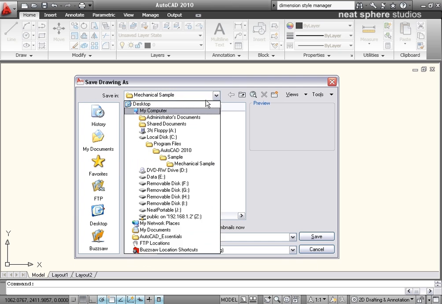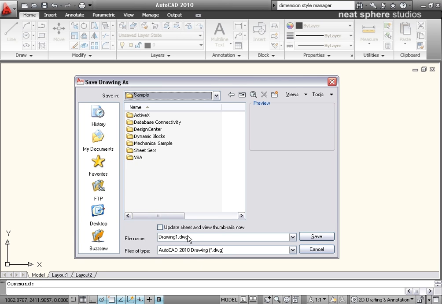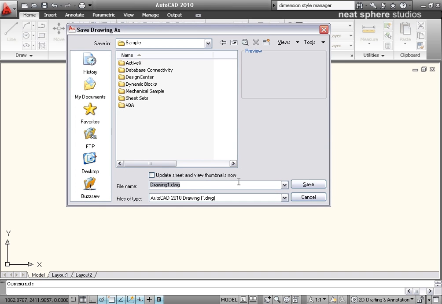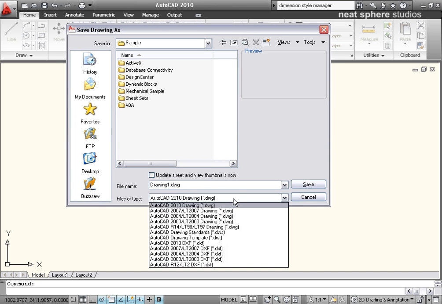When you're ready, you can obviously save your file, and again that will bring up the same window browser. I can go to whichever section I want to and I can give that a name that I want. And do bear in mind when you're saving files that you've got these options here. Okay, so 2010, the file format has changed. 2007, 2008 and 2009 will all be using this AutoCAD 2007 DWG file format. Prior to that, 2004, 5 and 6, which as I understand it are now retired products, right? They will use their own